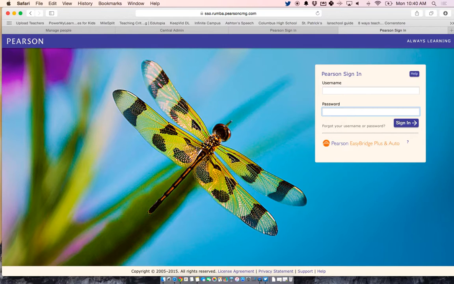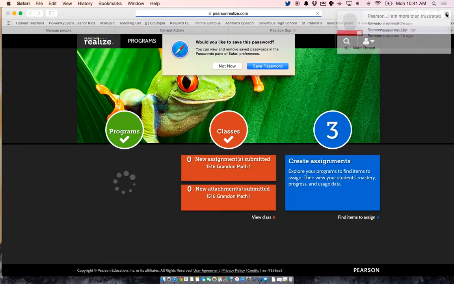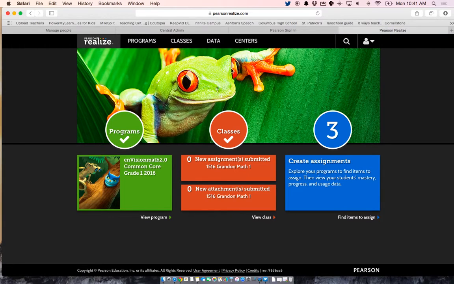So I'm going to log in right now as another teacher. And I'm going to put in the password and sign in. I'm not going to save this password for me because it would conflict with my personal accounts. So I'm going to say not now if it asks. And then you'll see that it may run you through a set of questions about what is your program, what are you teaching. You can see that this teacher teaches and has selected the EnvisionMath 2.0 Common Core for grade